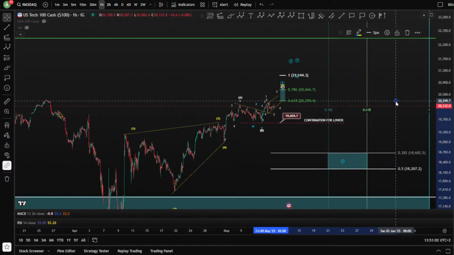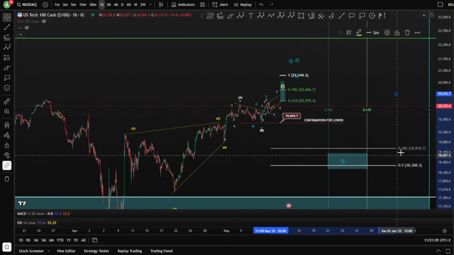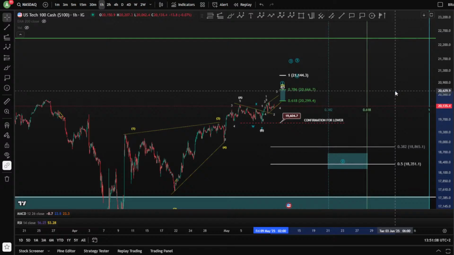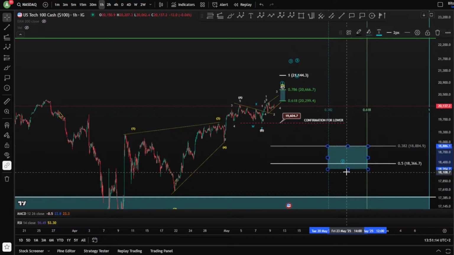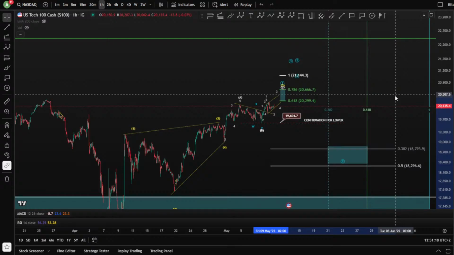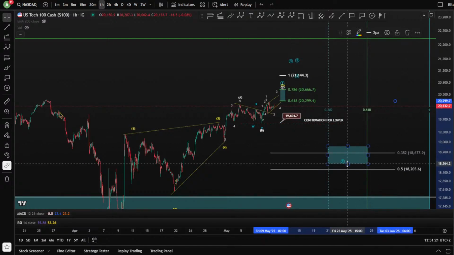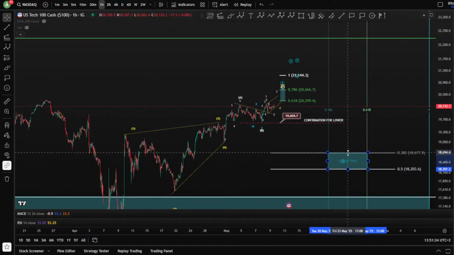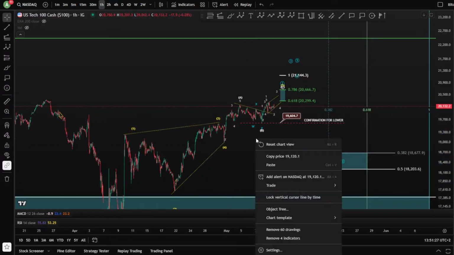Now, don't forget, the higher we go, the higher the target of wave 2 goes with it. Meaning, if we touch the 0.786, your next target for a wave 2 minimum target is 18K 800, for example. We're gonna readjust, of course. So far, we're gonna keep it at 0.618, which is half, which might be 18K 600. All right, that was for NASDAQ.